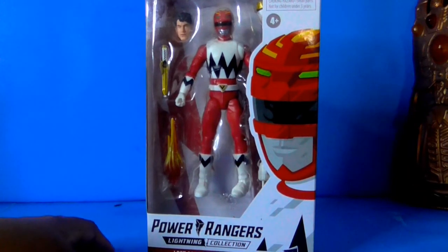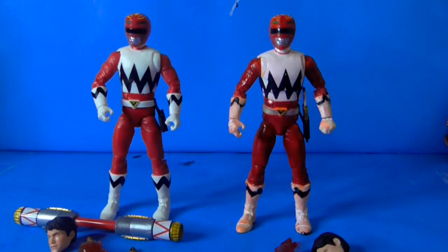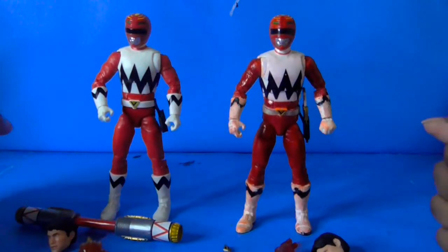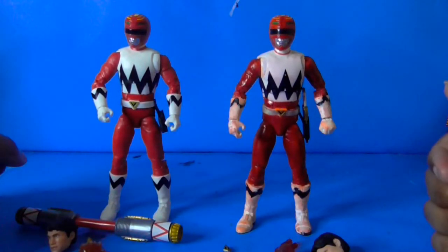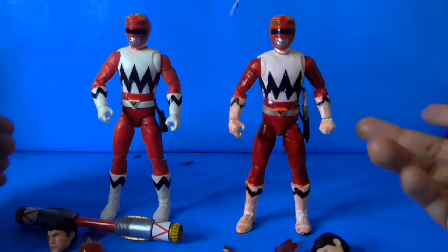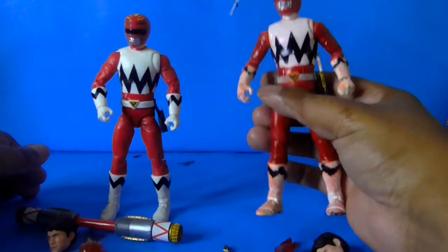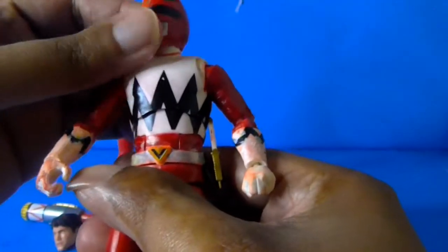Go Galactic! Man, and they say two Red Rangers can't exist at the same time, but alright everybody, now that I got my brand new Lost Galaxy Red Ranger figure out, there isn't really much of a notable difference, but it's the same figure. But while this right here on this side is what was once my 2-pack figure,